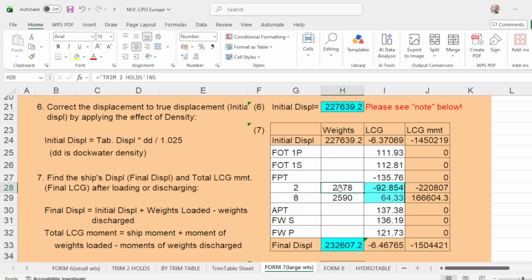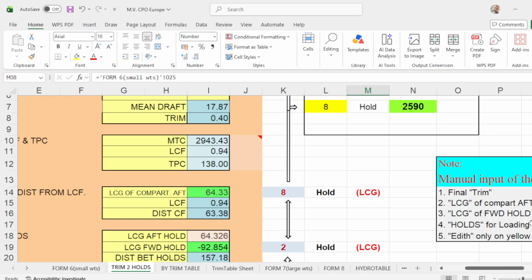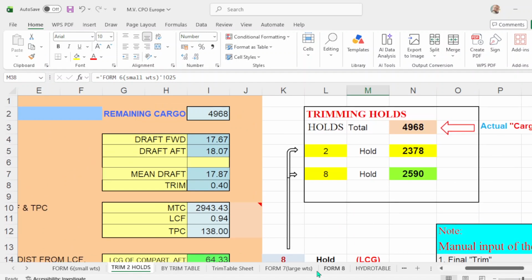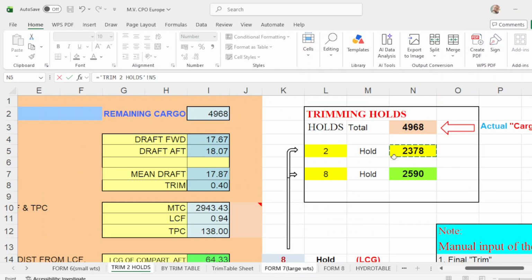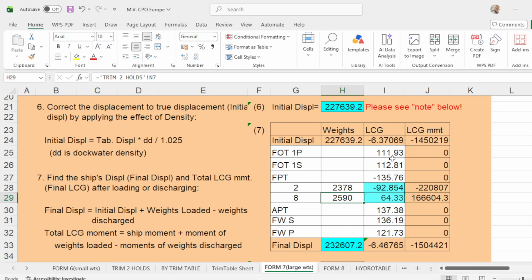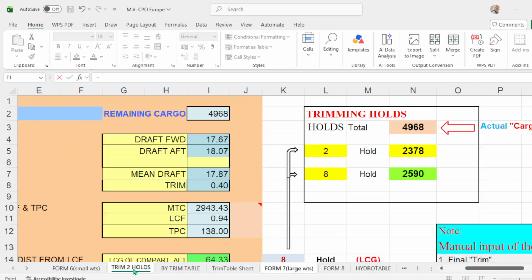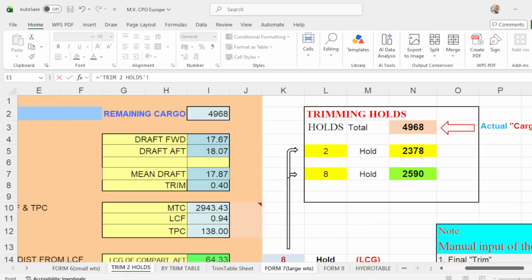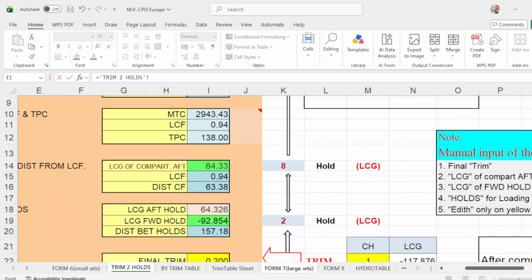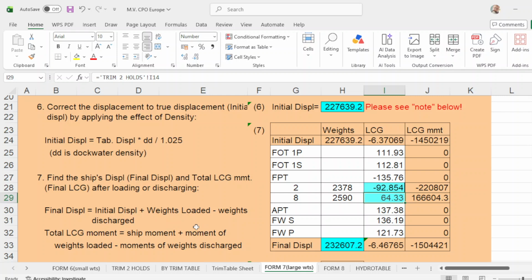And number 2, how much you're going to load in number 2 is, put it this way, equals 2. Okay, there. And number 8 equals, and the density LCG of number 2 is LCG number 2. LCG is, click this one. LCG of number 8 is,